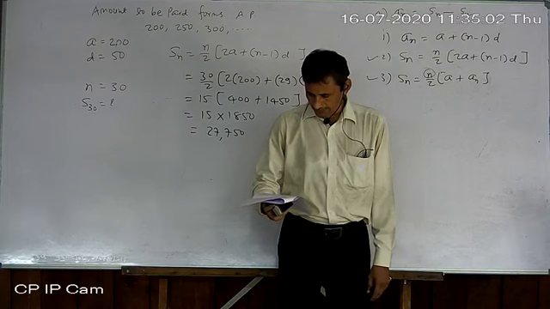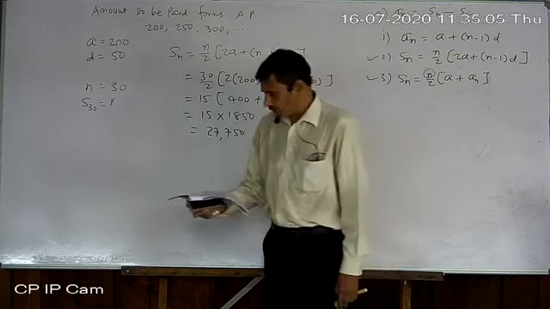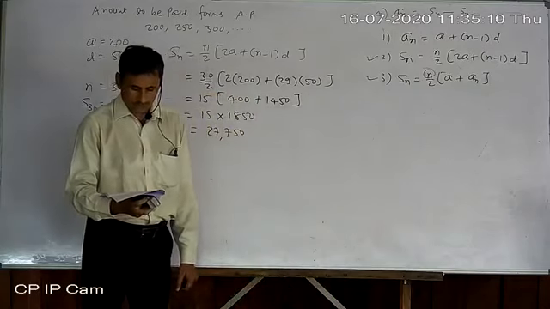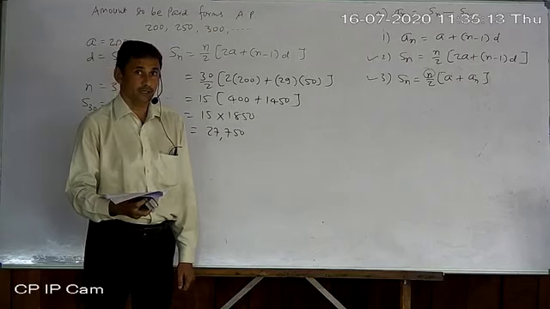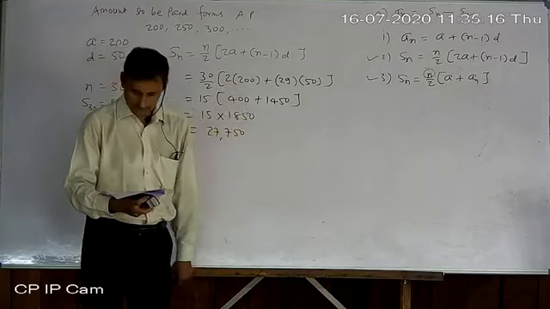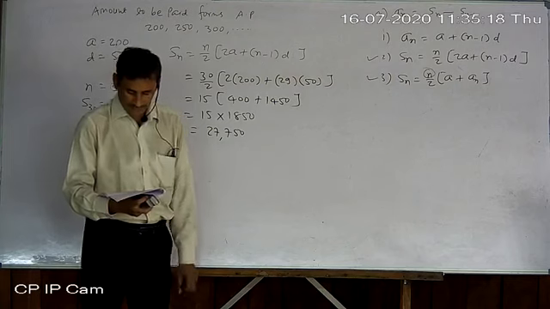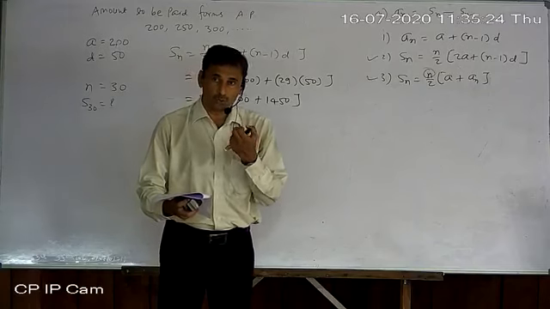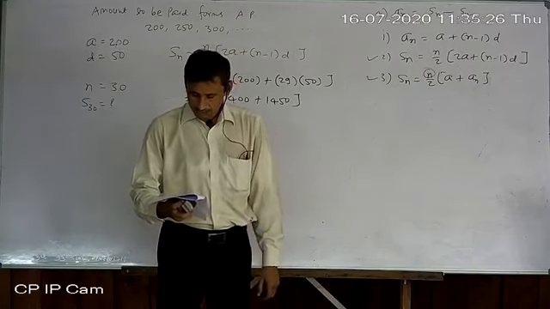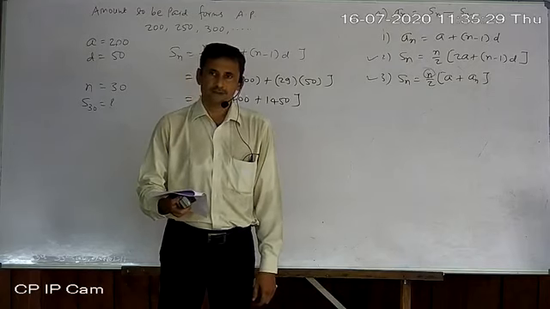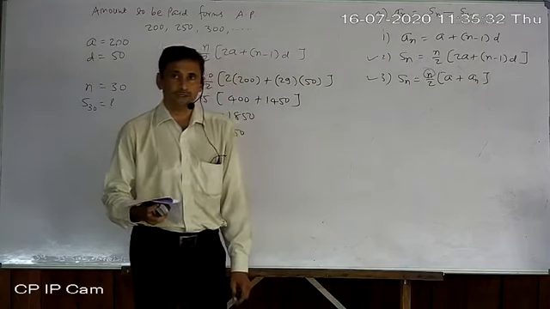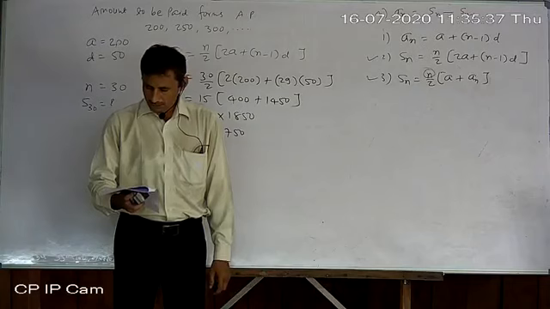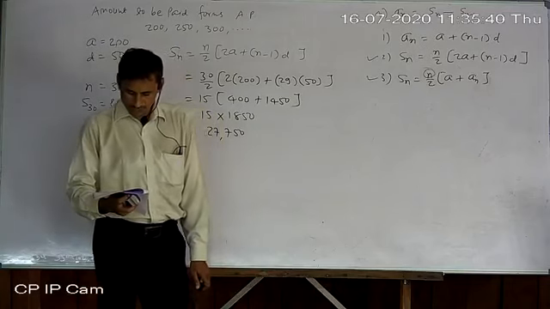A sum of 700 is to be used to give 7 cash prizes to students of a school for their overall academic performance. Again, read carefully. A sum of 700 is to be used. 700 is the total of all prizes, used to give 7 cash prizes. So the collective amount of 7 cash prizes is 700, not each prize of 700.